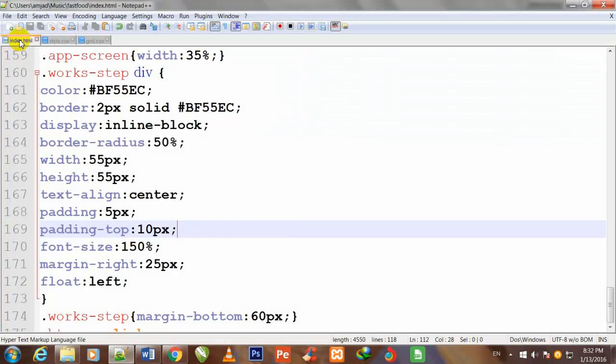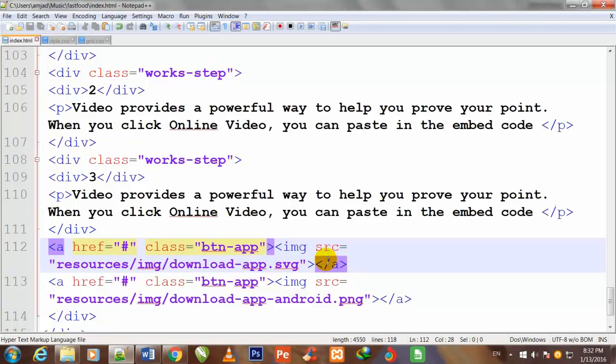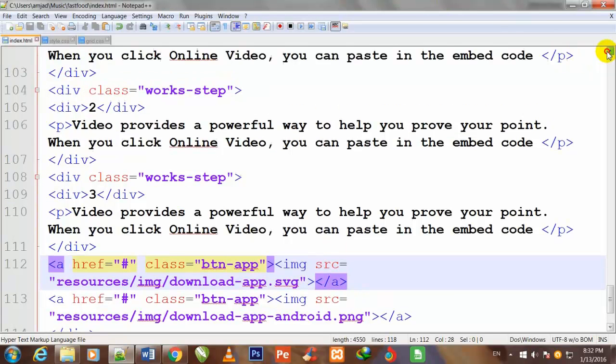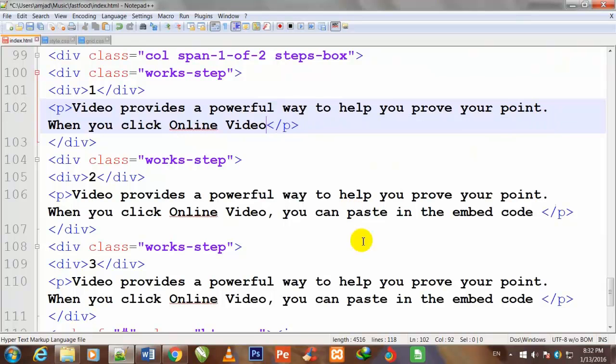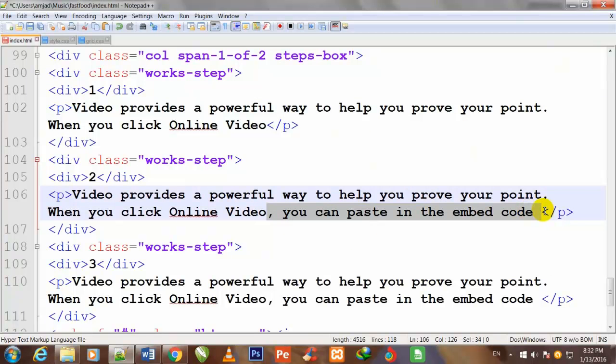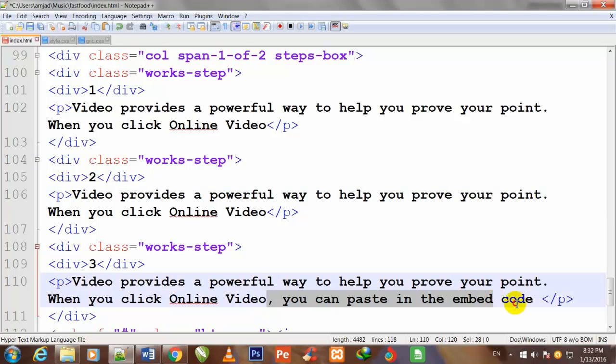So I go to my index.html page and I decrease the text. Control S to save.